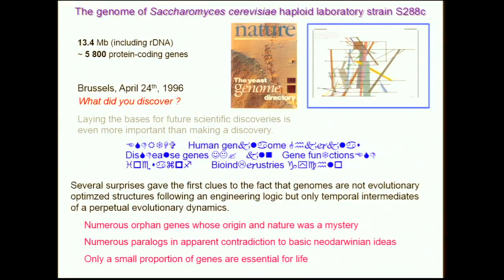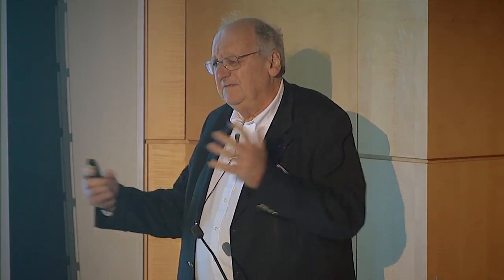And we also found that there were many paralogs, and this was in apparent contradiction to a basic neo-Darwinian idea. Why would you want to have two genes to do the same thing if only one is necessary? And this figure shows that in fact there are many cases of duplication in the yeast, and this is again a general phenomenon. So far, we don't know a single yeast genome which is minimal. Nature never creates a minimal genome. Nature always creates redundancy, because in all of this garbage, this is how you succeed in evolution. And then